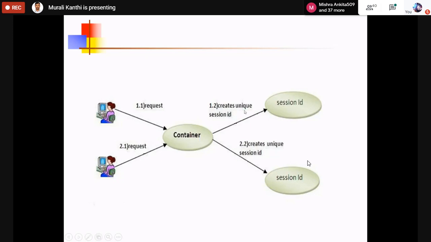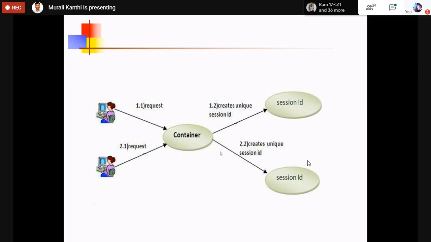So 1.1 is a request, and 1.2 is the creation of a unique session ID. Then another request comes from a different client, and the web container creates a session ID for this client too. Like that, with the help of the session ID, the server can easily give a response back to the clients.